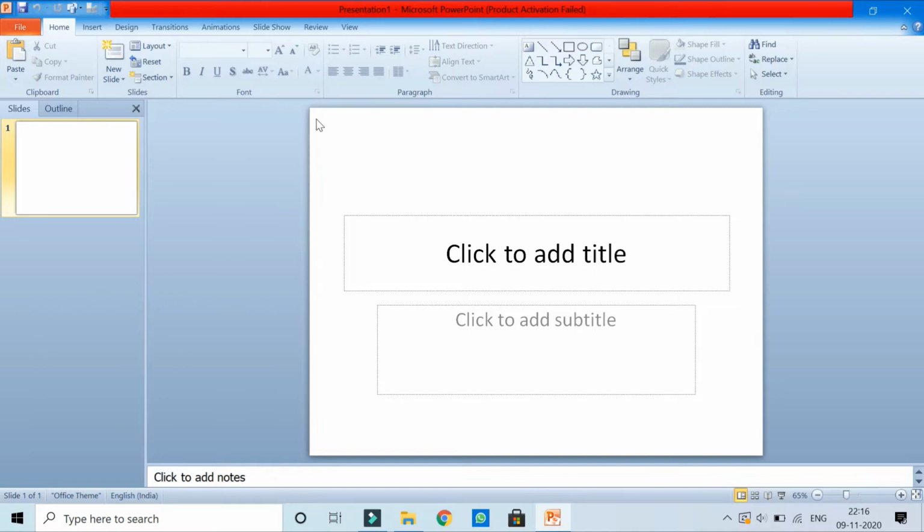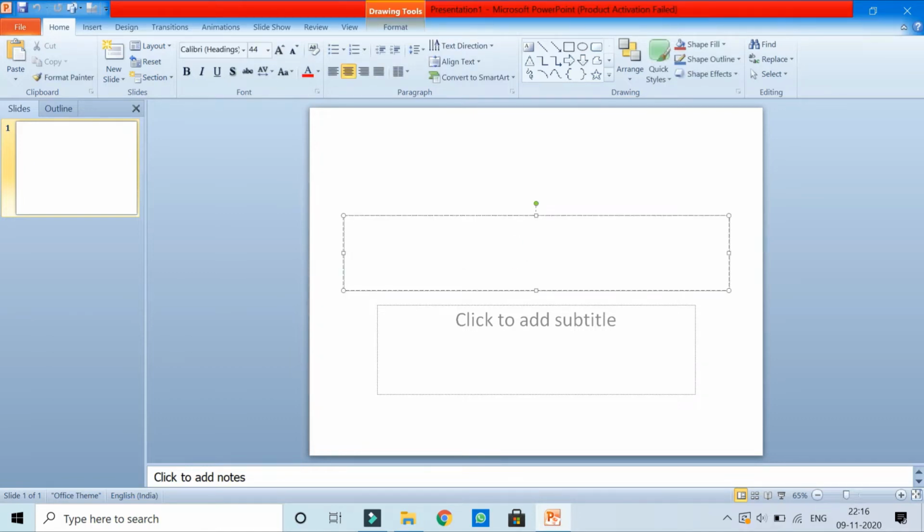Children, the slide which you are seeing on the screen is the title slide. This slide's name is title slide because generally we give the title in this slide. So simply click inside the box, then you will see the cursor start blinking, and now you can add your title. My topic is software. If you want to add any subtitle, you can simply add the subtitle here.